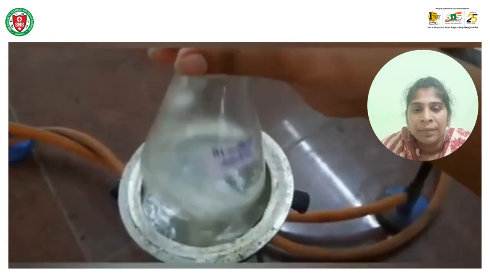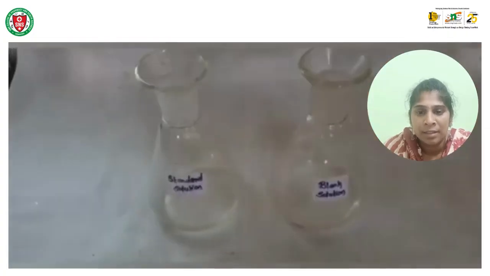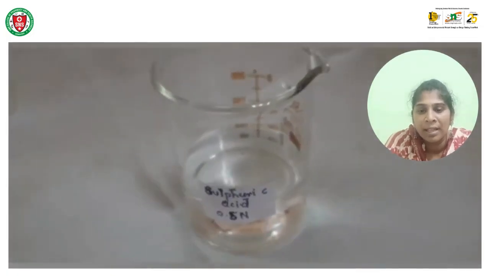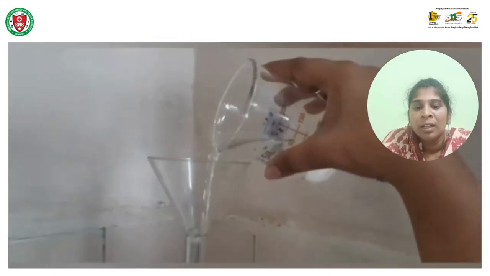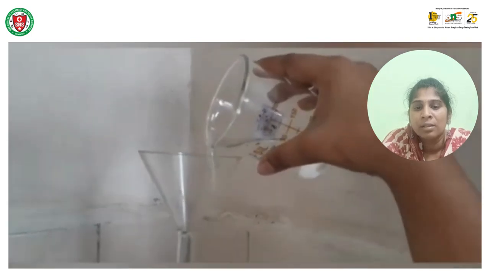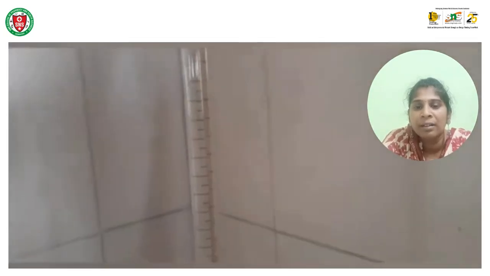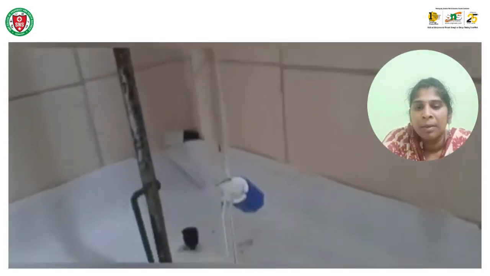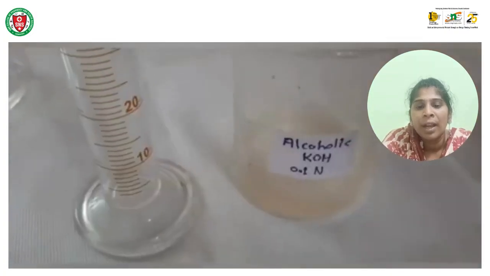After 1 hour, after occasionally shaking 3 to 5 times, now we are going to add 0.5 N sulfuric acid. We want to fill the burette with 0.1 N sulfuric acid, so the burette solution is sulfuric acid. With this we are going to titrate the standard sample and the blank. The burette was filled, and now we are going to add about